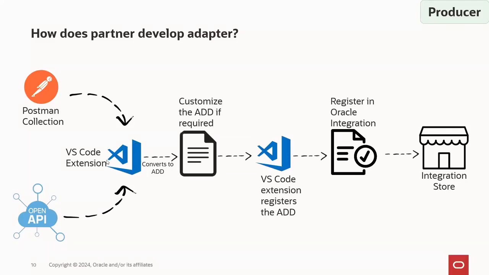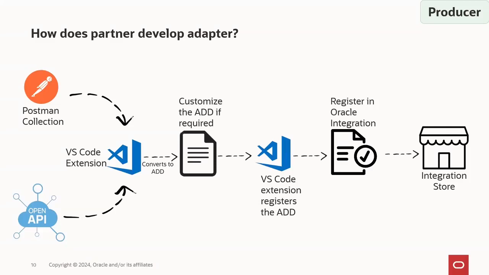I have installed my extension. So I have my Postman collection ready. And it is as simple as two key steps, right? One is to convert this Postman collection into what is called an ADD, which is an adapter definition document. We'll go through in detail on what those artifacts are. And then take that adapter document and register it in Oracle Integration, and it would start showing up in the store,